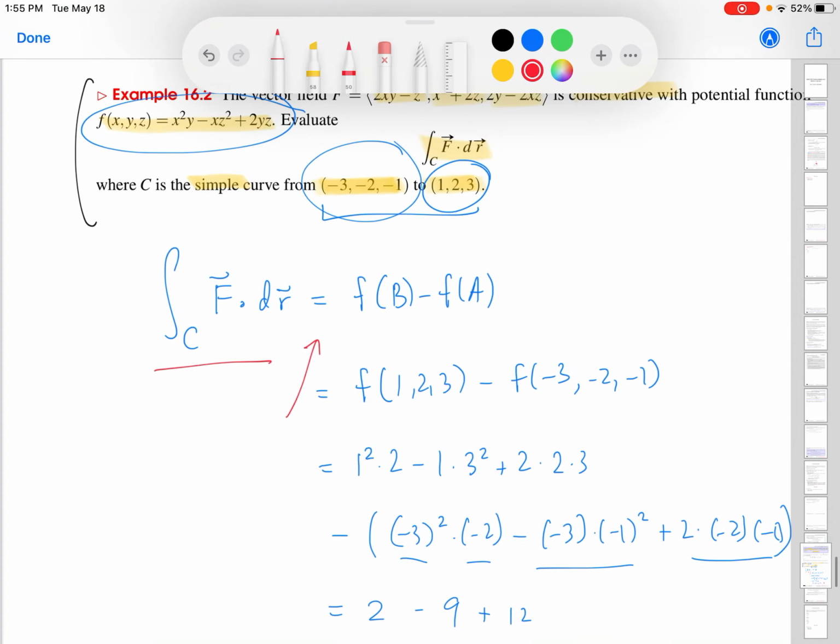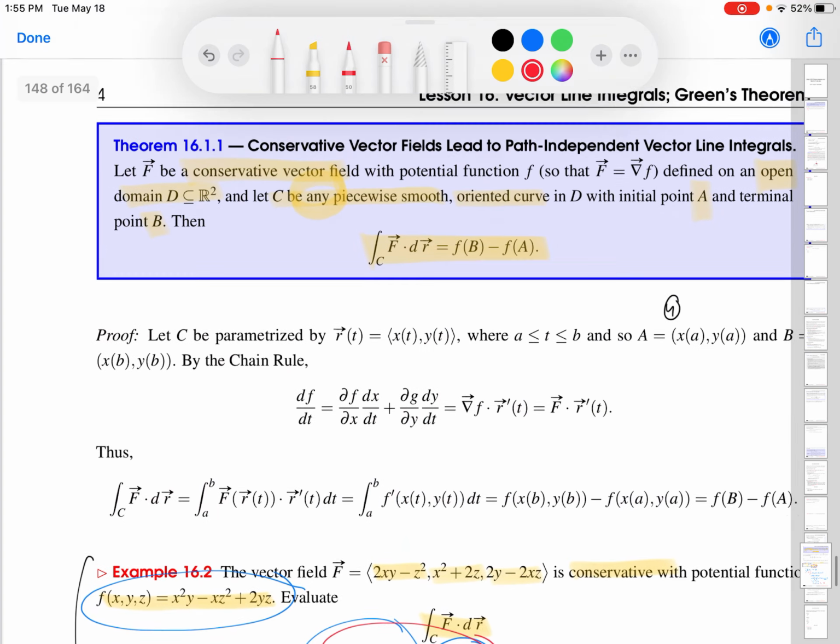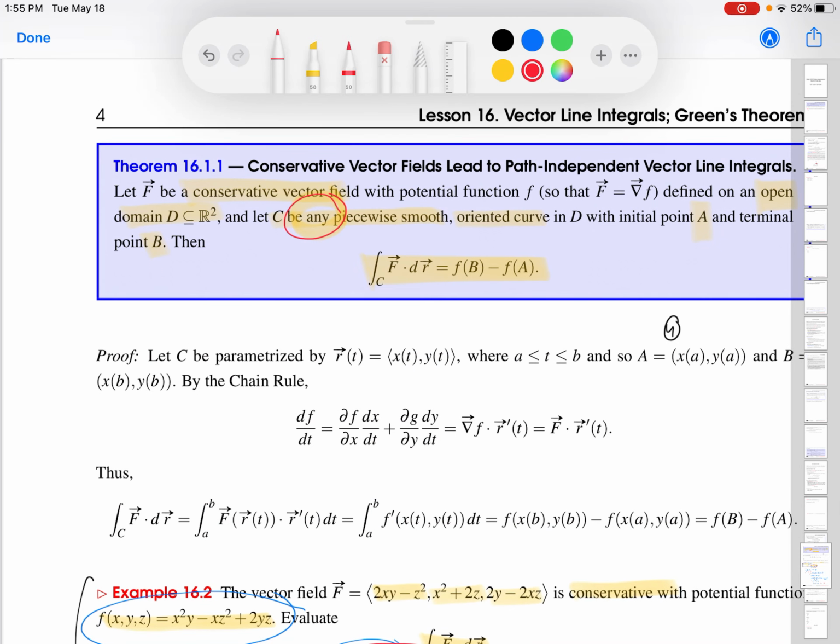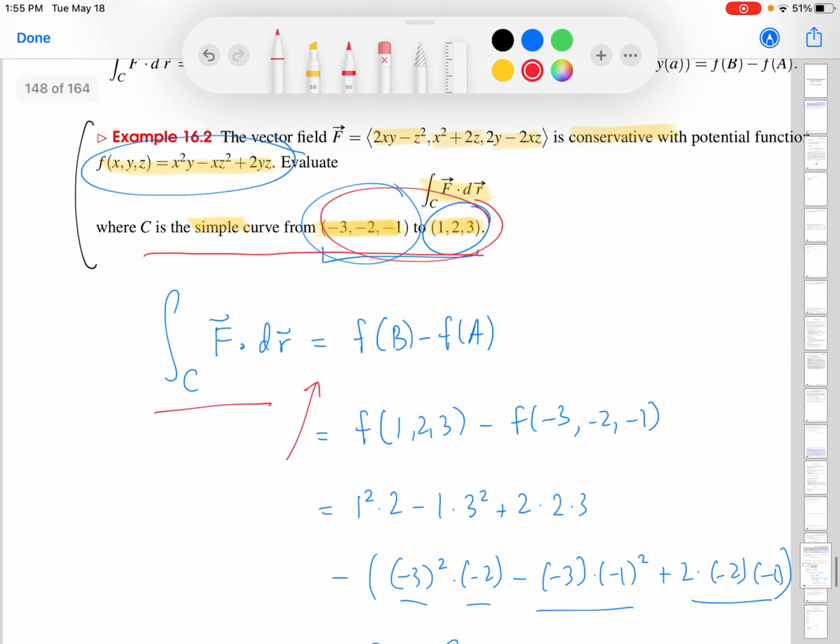There is no need to even parametrize this curve, right? Because I could have parametrized it as a line segment between those two. I could have parametrized it as a quarter circular arc. It really does not matter, because based on my theorem, any piecewise smooth oriented curve yields the same exact result. So I don't even have to find a parameterization. The default parameterization between 2 points is a line segment. So we could certainly say that, let C be the line segment